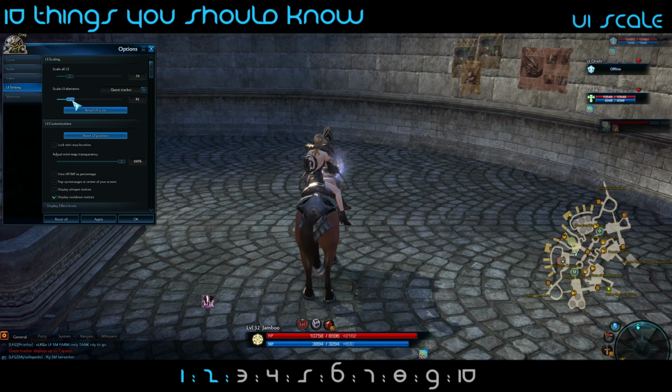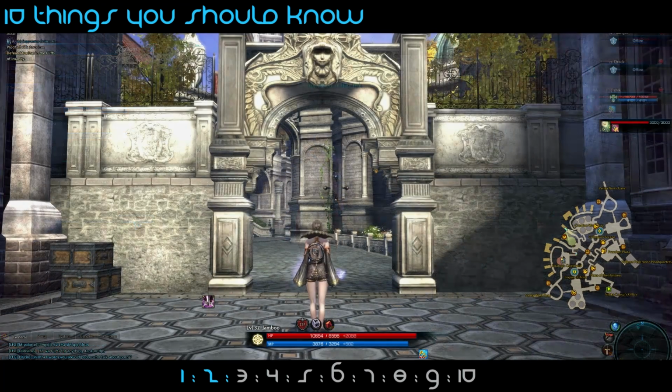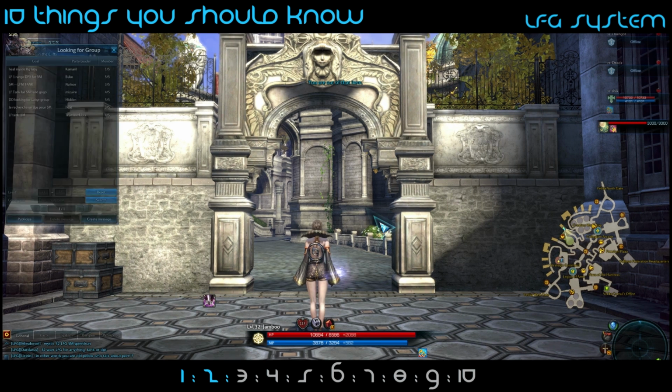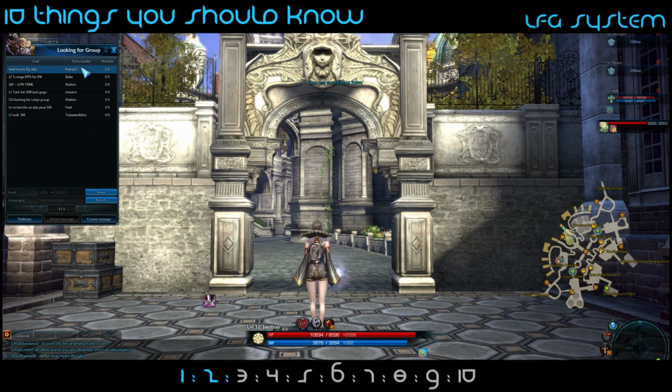So moving on to the second one, this is pretty much going to be explaining the LFG tool. So the LFG, looking for group. This might be a little bit outdated by the time the game comes out, because at the moment you use this to basically advertise that you are creating a group. However, at release they are making a looking for dungeon tool, but I thought I'd cover this anyway as people were asking. So all you do is you press Y, which will bring up this looking for group UI element,